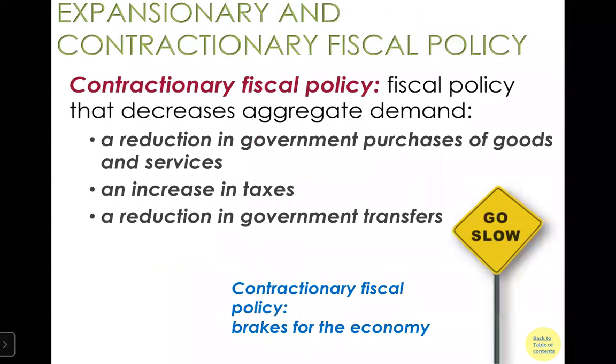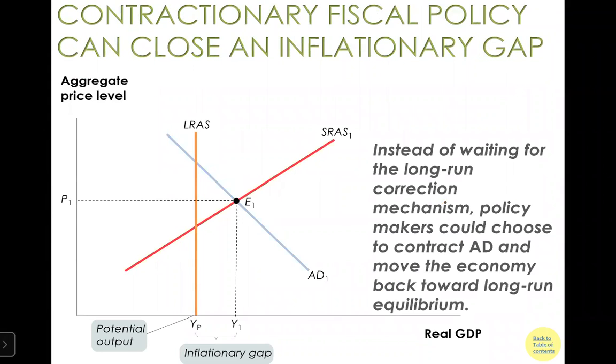Now, on the other hand, we have contractionary fiscal policy, right? This is represented by this diagram. Right now, we are at Y1, and at Y1, we produce more than we can potentially produce. Again, given we look at demand shock, this implies we have been hit by a positive demand shock. Furthermore, I want to emphasize that now we are going to have a higher price. We are in an inflationary gap.